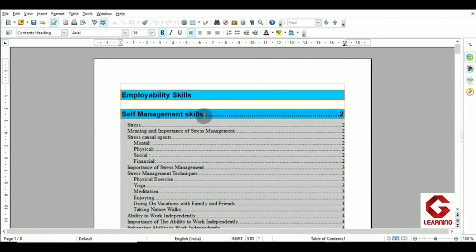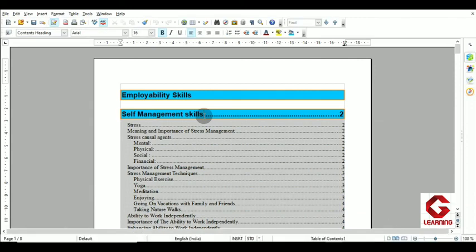So in this way we can use the styles tab to apply a paragraph style on a particular outline level. And one more thing is we can change the attributes of that style also, meaning we can change the border type, border color, background color, so those changes are also possible.